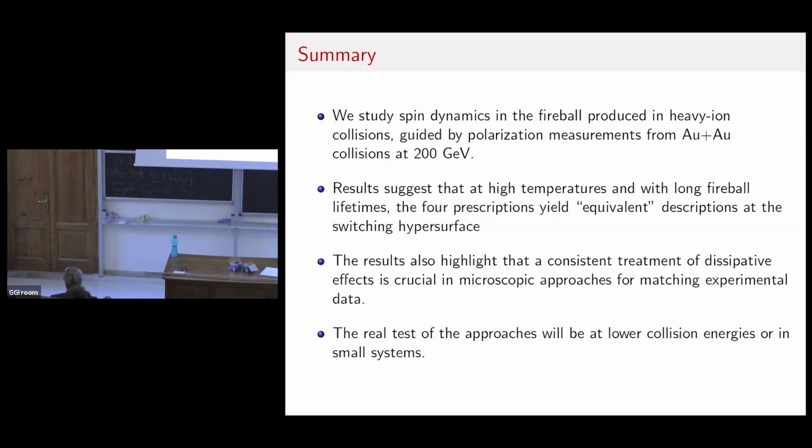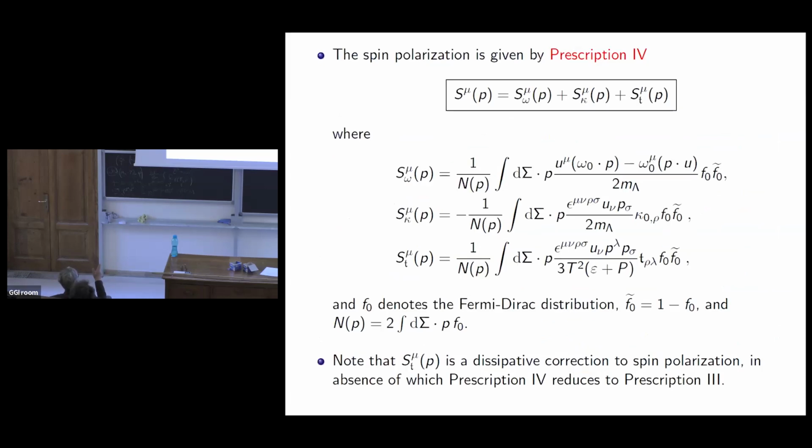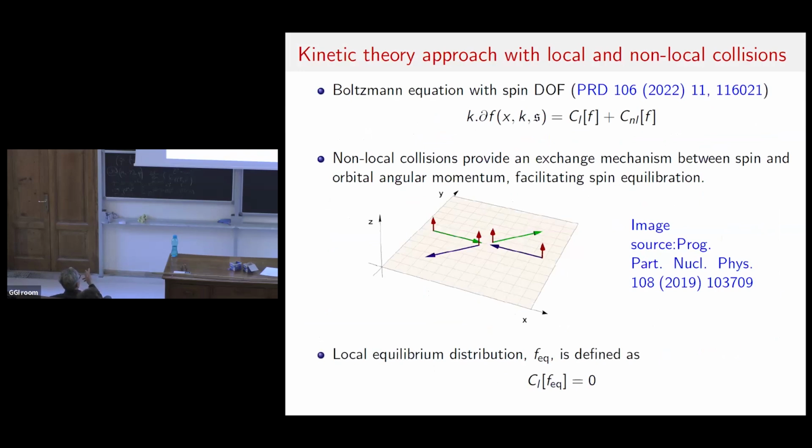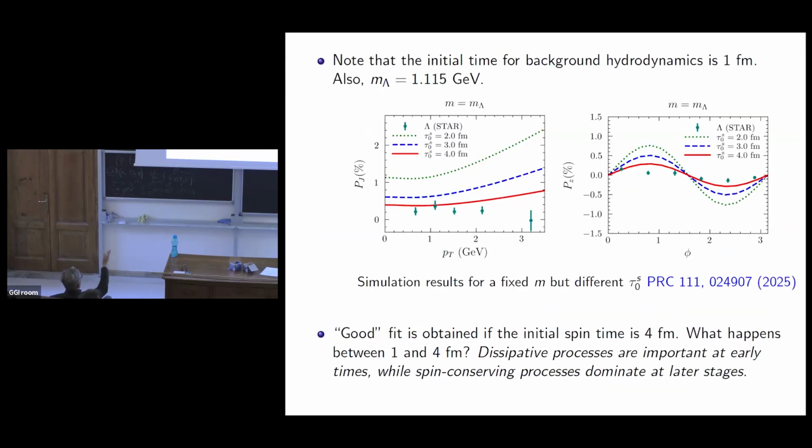Yeah, but if we go to this plot again, this one. No, prescription number 3, not 4. So what I want to say is that prescription 3 and 4 are essentially the same after this time step, right? If you remember, you have tau 0. Yes, I'm going to show the plot.